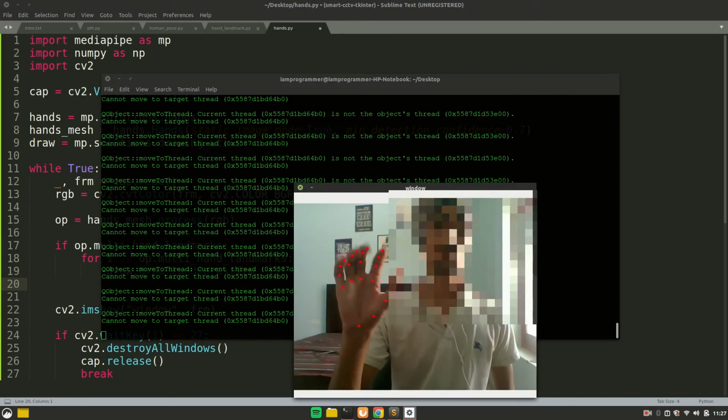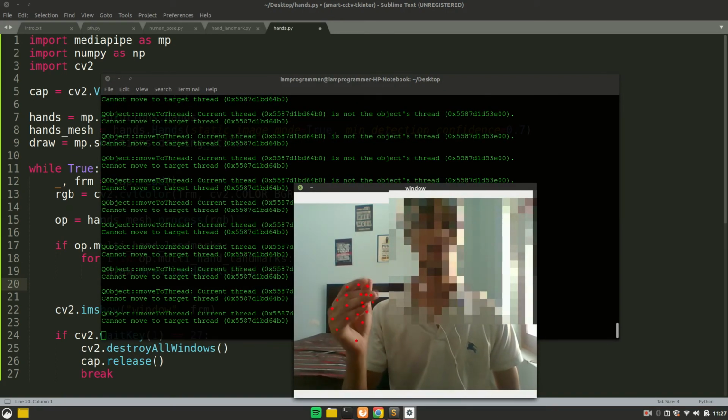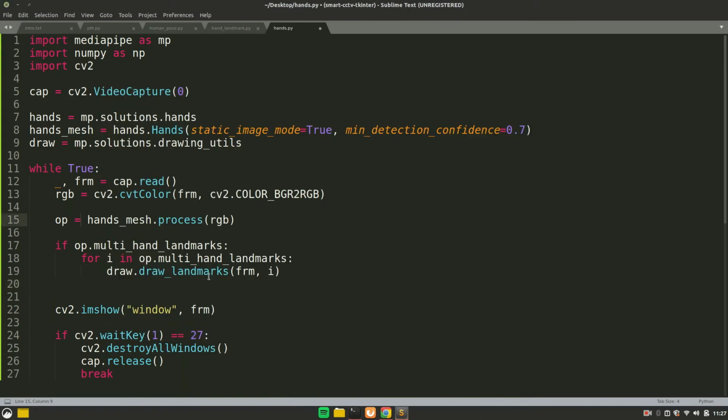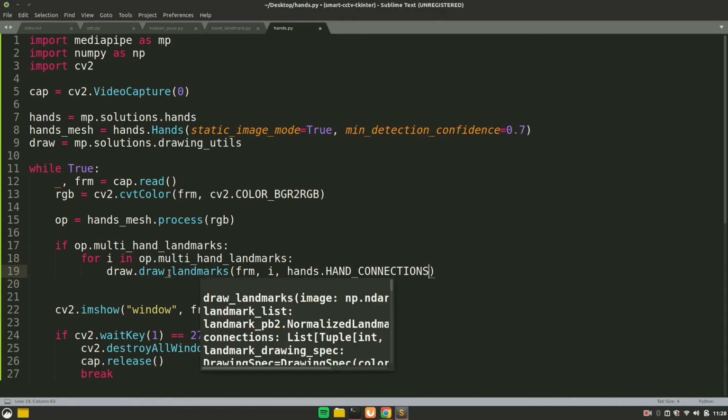Alright, so if I just take my hand in the frame, you see that there are only red dots. How to create the connections? Well, it's very easy. You just have to use this hands variable. Just call this, and in that there is a statement called hand connections. If you have a look inside this draw landmarks function, there are some arguments you can pass.